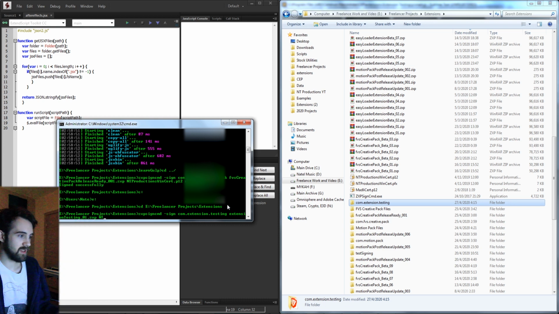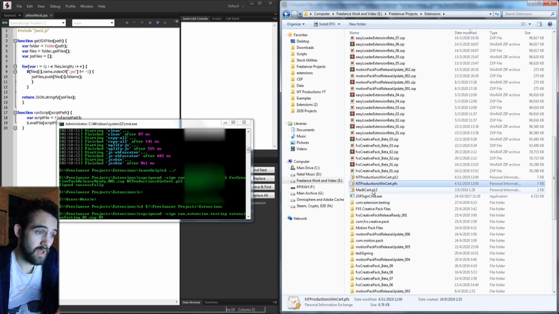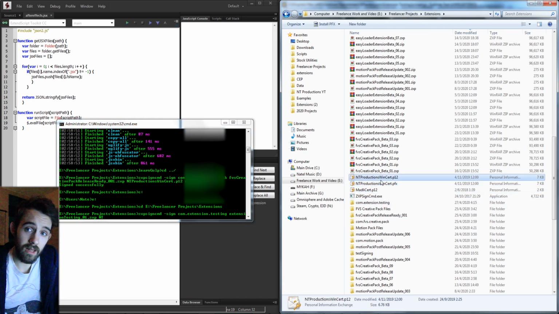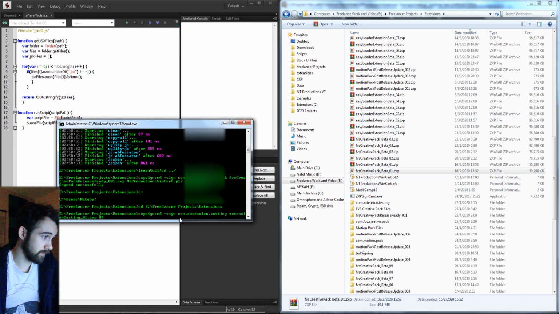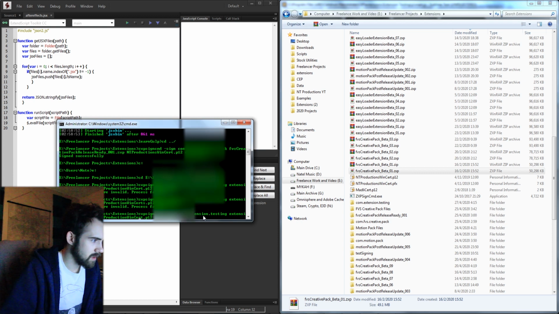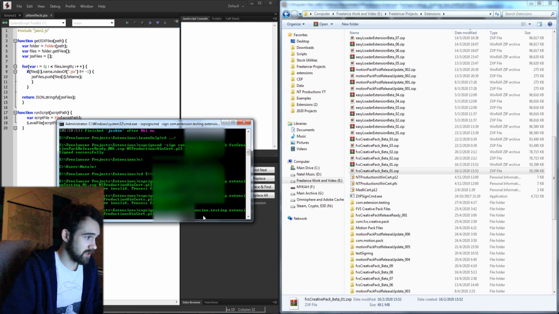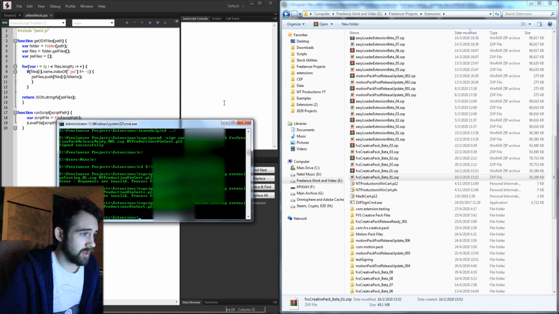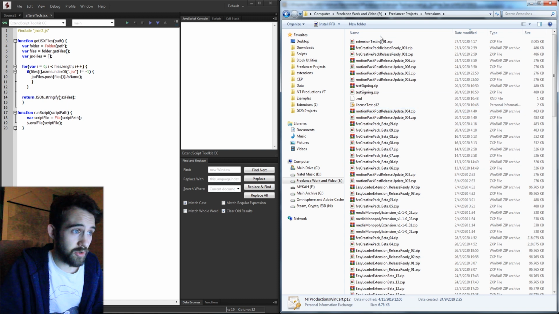And then lastly, we're going to type in the name of whatever license we're using. I've gone over how to make a free license as well as paid licenses in my previous tutorials. I'm just going to be using one of these licenses here. Just type in the name of your license file. And then, of course, you'll want to type in your password. And mine will be blurred out, of course, for privacy purposes. And once we're ready, we'll click on Enter. And if you come across any typos, you'll need to fix those before it will work properly. But once it's done, it will say signed successfully, and you should see a new file pop up here called